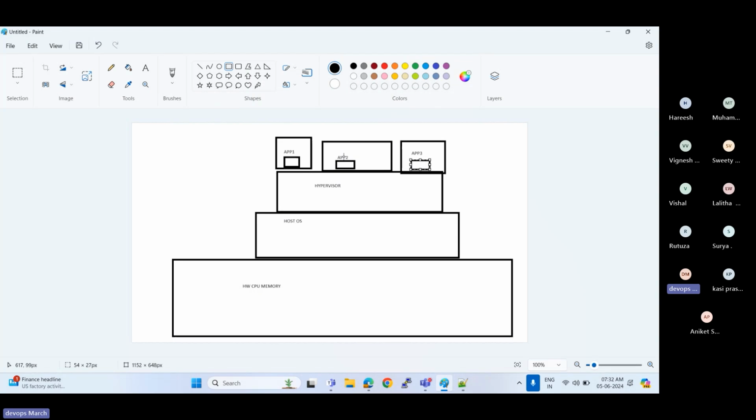I can deploy these 3 different kinds of applications with different OSs here, and I can access them using an HTTPS link.